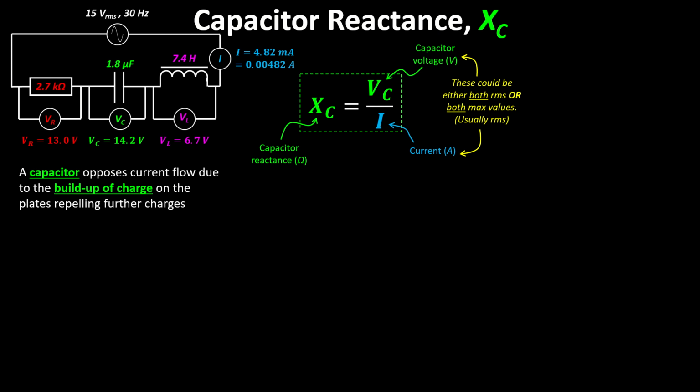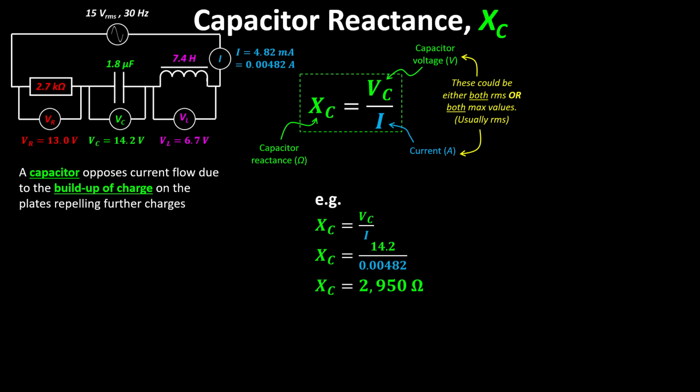So for example, in this circuit, if we wanted to calculate the capacitor reactance, we do the voltage divided by the current. We know the capacitor voltage was 14.2 volts, and it's the same current as before because it's a series circuit, 0.00482 amps. And that gives us a reactance of 2,950 ohms,